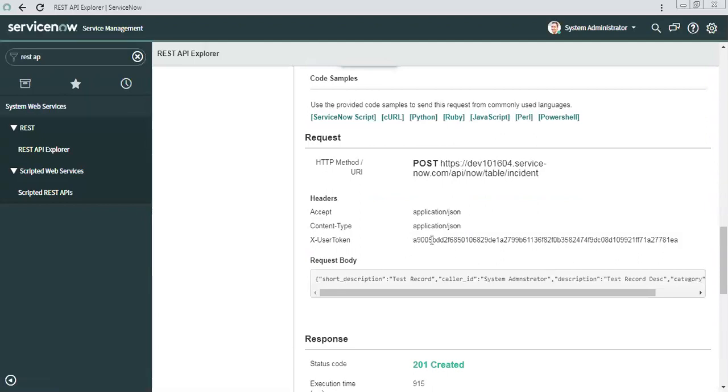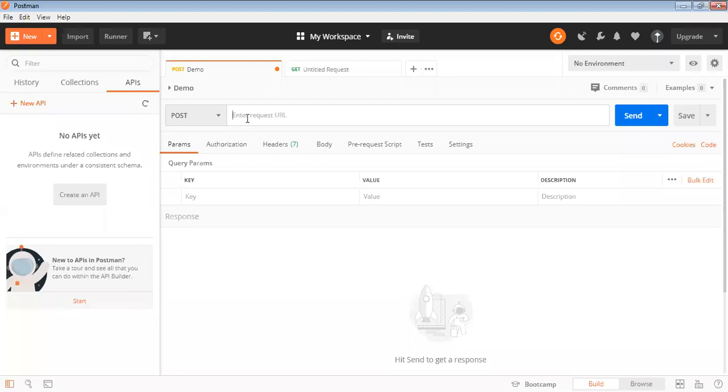Here, I don't have Jira, so I will be using Postman to showcase this. In Postman, I can select the method as Post for my incident API, and then put my endpoint here.